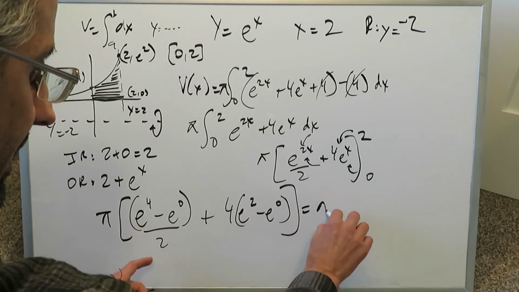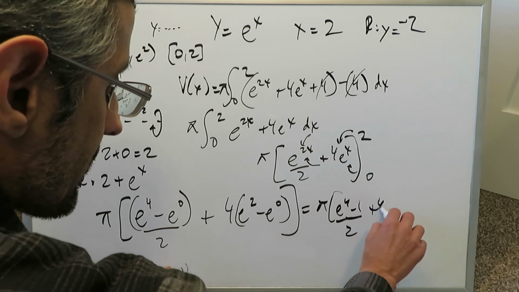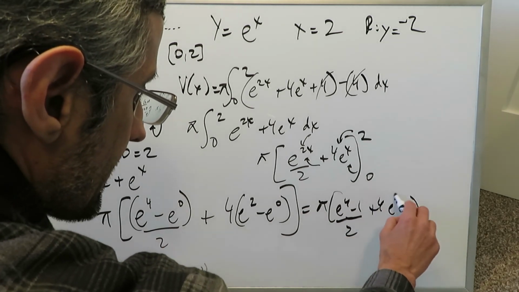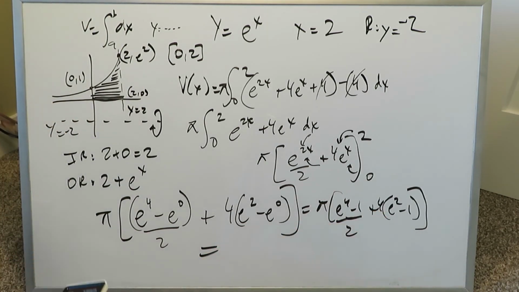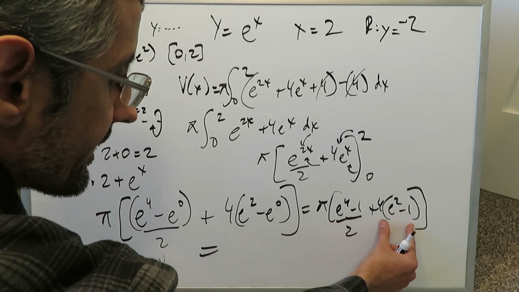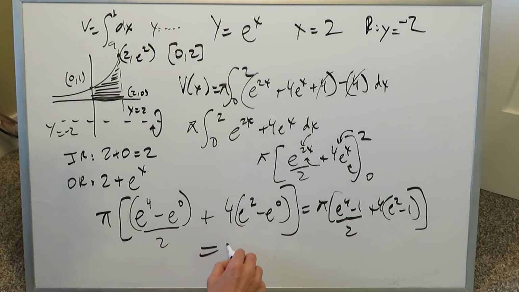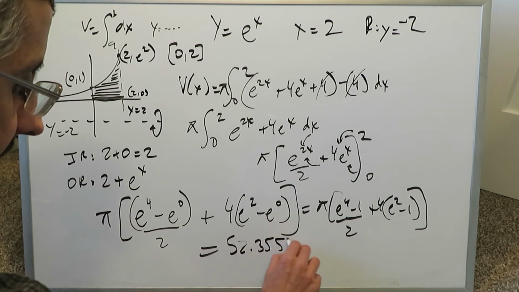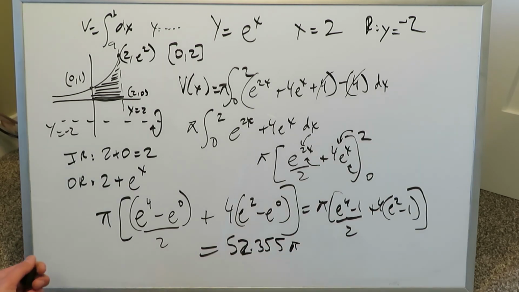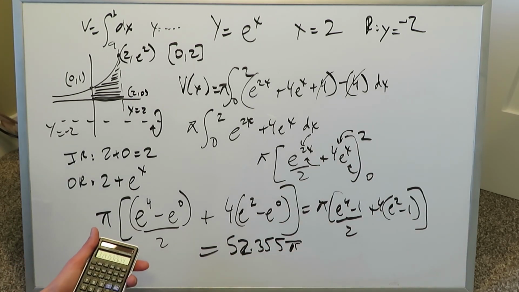When I do it, I'll have pi times (e to the 4 minus 1) over 2, plus 4 times (e squared minus 1), and we can do a good numerical answer, which I'll publish right over here. You know, this right here is all calculator work. I take each item over here which I've done on my calculator, and I've added them up and attached them with the pi. I'm getting 52.355 pi. If you want to get this into a better numerical answer where you include the pi value, multiply this by pi, and you get